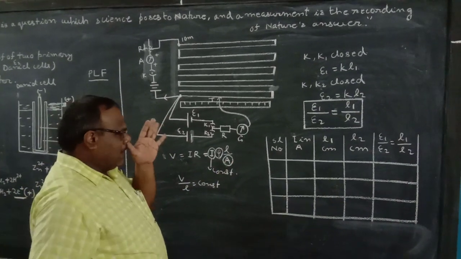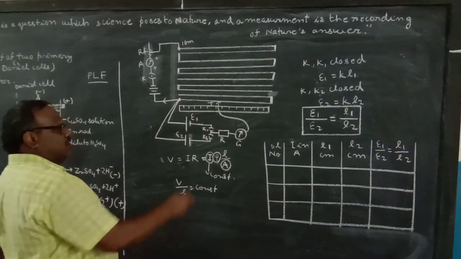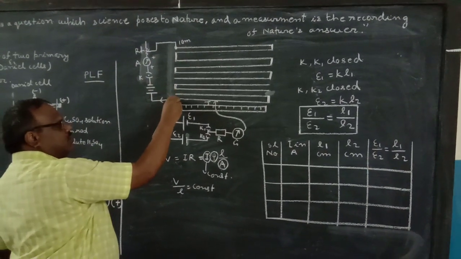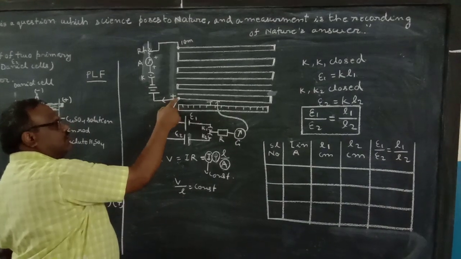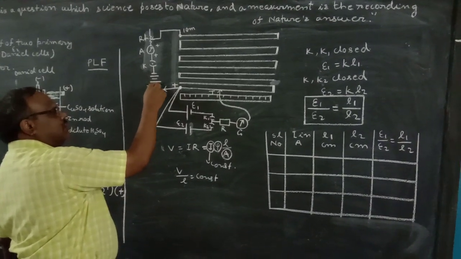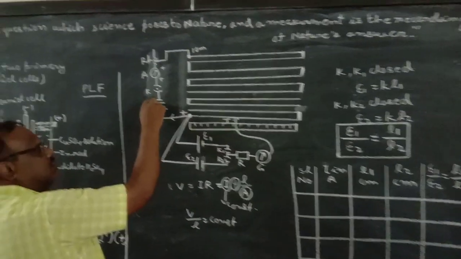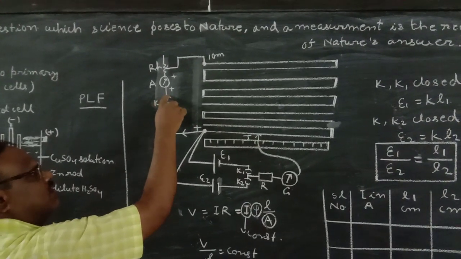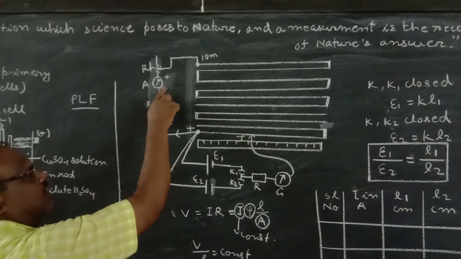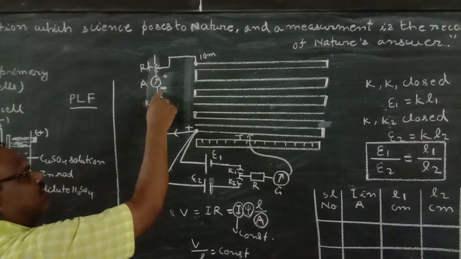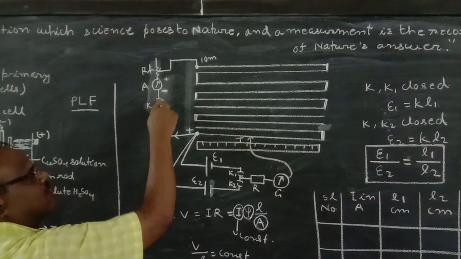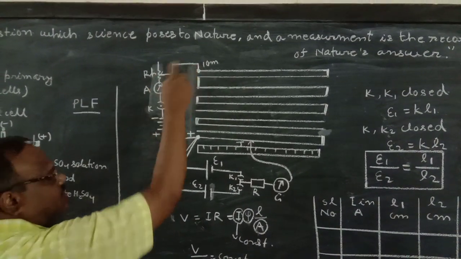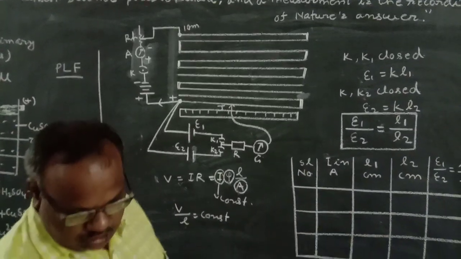Now if you see the circuit, see carefully, this is your driving circuit. Here this is the positive terminal, connected to the positive of the driver cell, and the negative of this is connected to the key, a one-way key. This one-way key is connected to the other, and this is the negative of the eliminator, and then this will be connected to the rheostat.